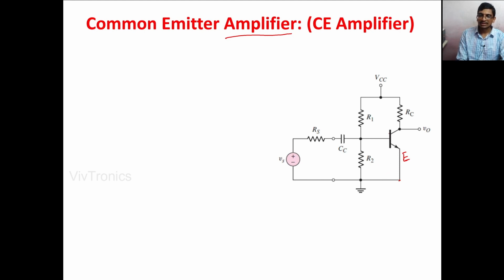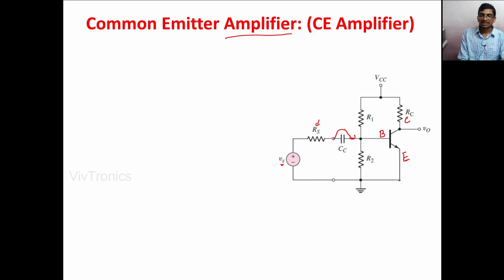output side circuit. Here the base terminal is the input terminal and the collector terminal is the output terminal. Vs is the AC signal source and Rs is the source resistance, and Cc is called the coupling capacitor that is used to block the DC and allow only the AC signal to the base of the transistor. Here Cc will block the DC signal and allow only the AC signal from Vs to the base of